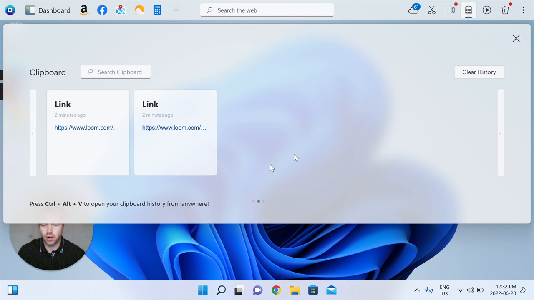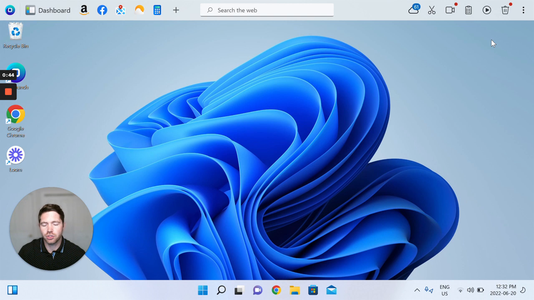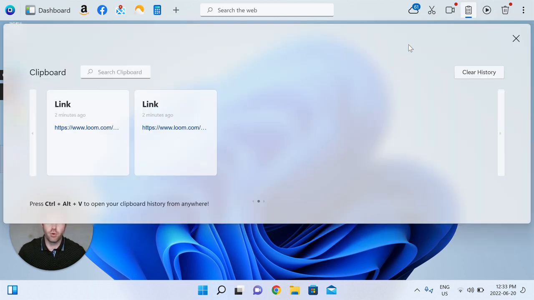First of all, I want to show you that there's a shortcut that we've coded for you to be able to open up your clipboard history from anywhere. That's Control-Alt+V. I'm just going to close it, and that's just if it's super convenient for you to do that versus come up and click the icon itself. So I'm just going to type that in on my keyboard, Control-Alt+V, and boom, right away your clipboard history feature